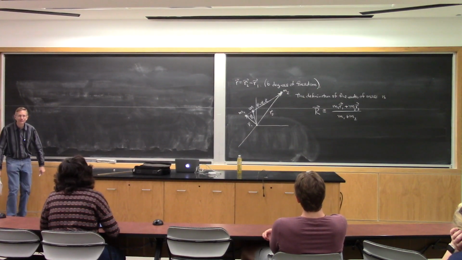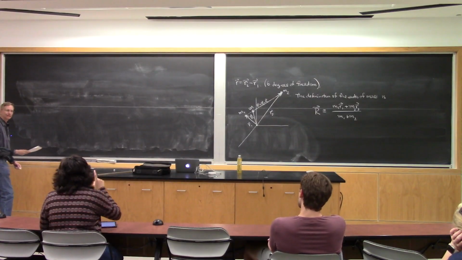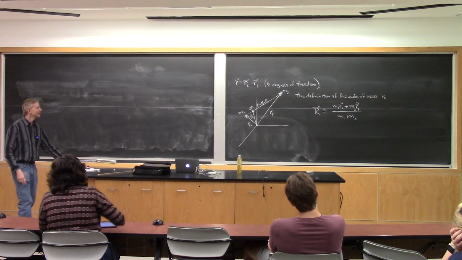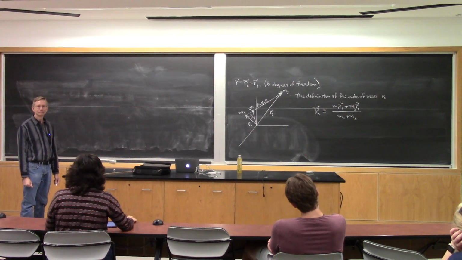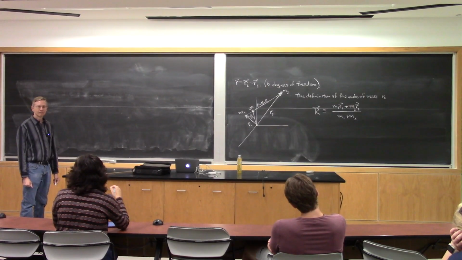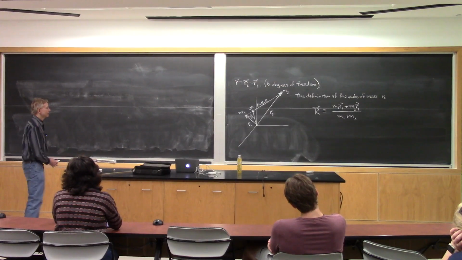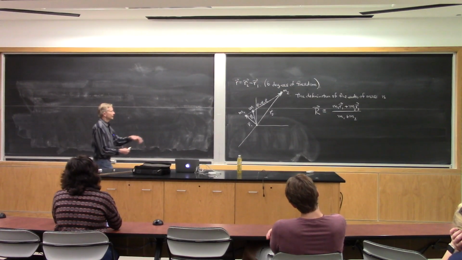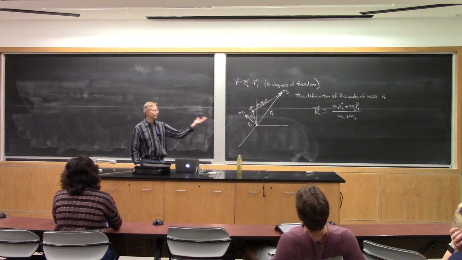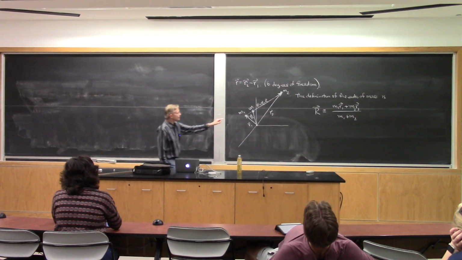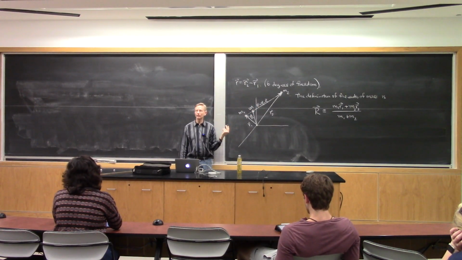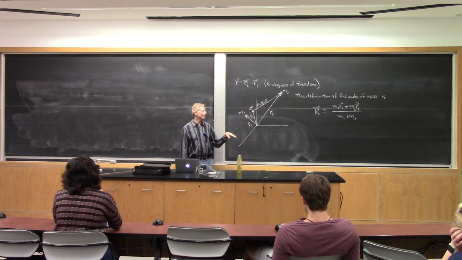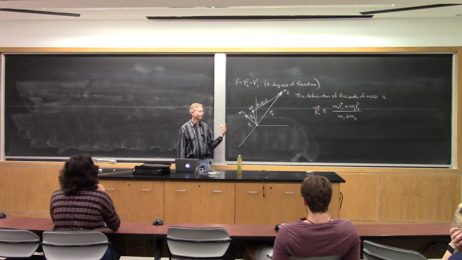Comments? Observations? Yes? Over there. If we did not have an origin, I mean, if we did not draw that diagram, would we consider the observer to be over there to calculate the R? So none of this, you could pick an origin anywhere and do this calculation, but the location of the center of mass is intrinsic to the two particles. In other words, it's on the line joining them, and it's closer to the larger, I should say more massive, object.